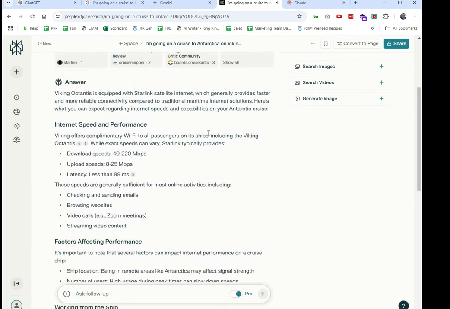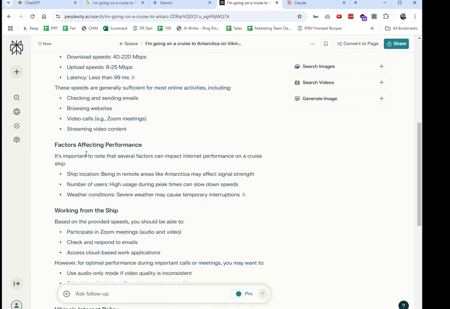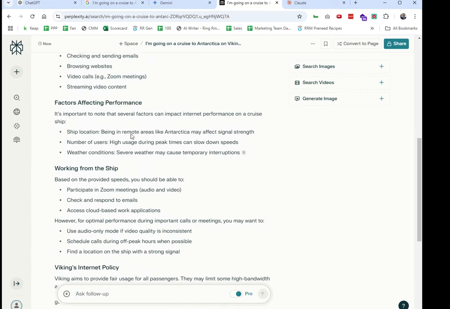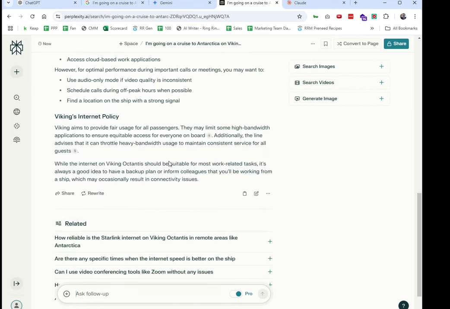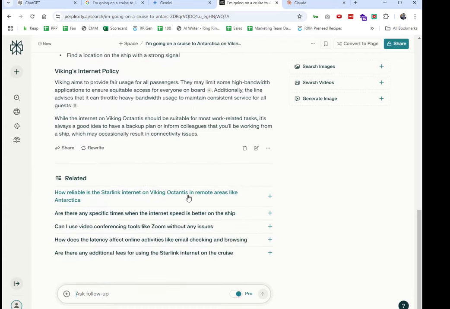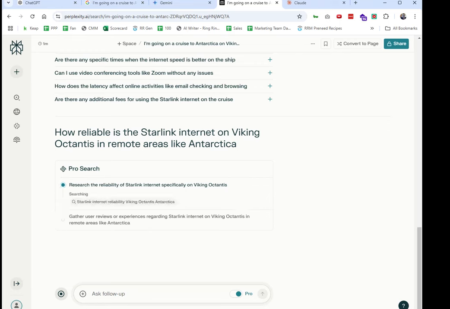It tells you references, goes a lot more into detail, and these are exactly output based on this ship, because all I care about is the ship. I could care less about other Viking ships. Here you can see there are other outputs, for example in remote areas, and you can just continue down this.